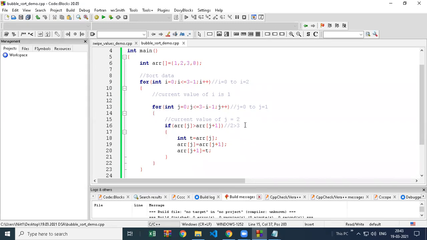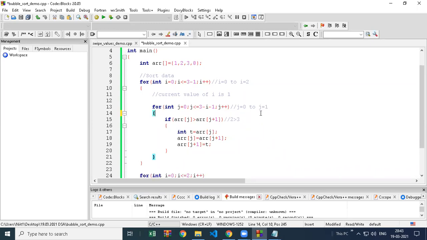But now again we come to the same situation. In this for loop, j value became 2, but we said already that the j end value this time is 1 only, but it became 2. So we will stop this for loop. The inner for loop is stopped, and again we go back to the main for loop.